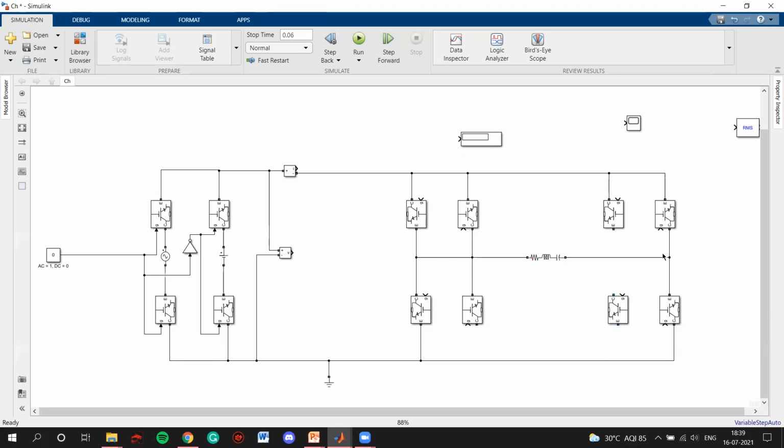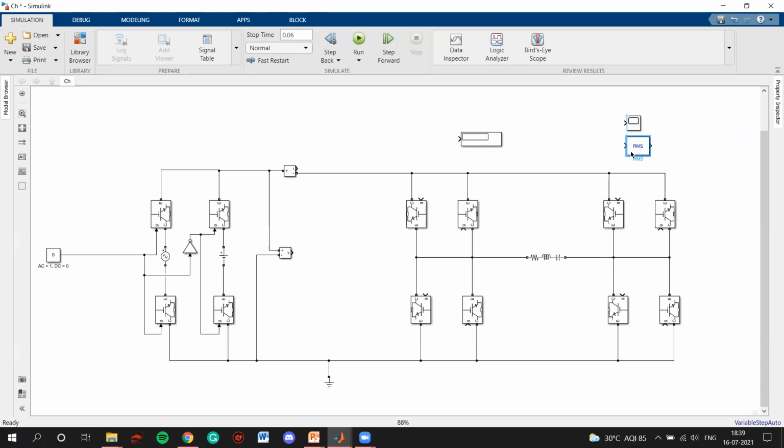Make sure you do the connection in a correct way, because connection is the most important thing here. If you miss some connection or if you short circuited two things, then it would not be good, right? We will not get our results.